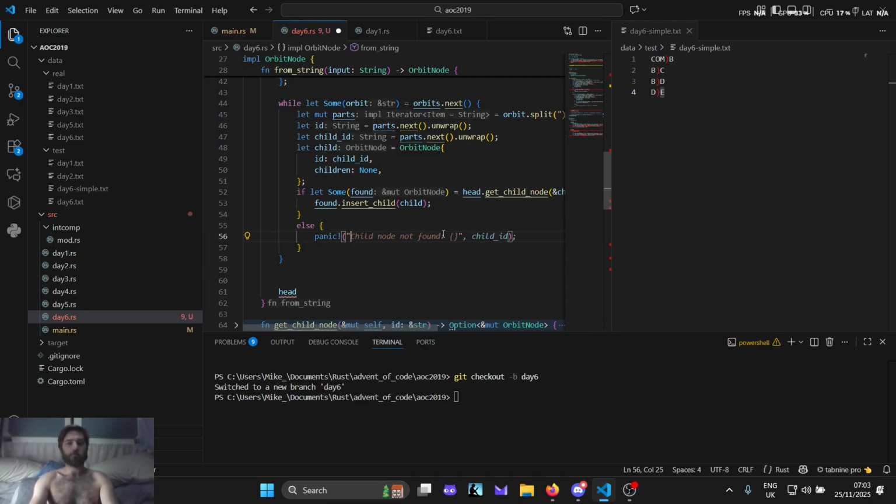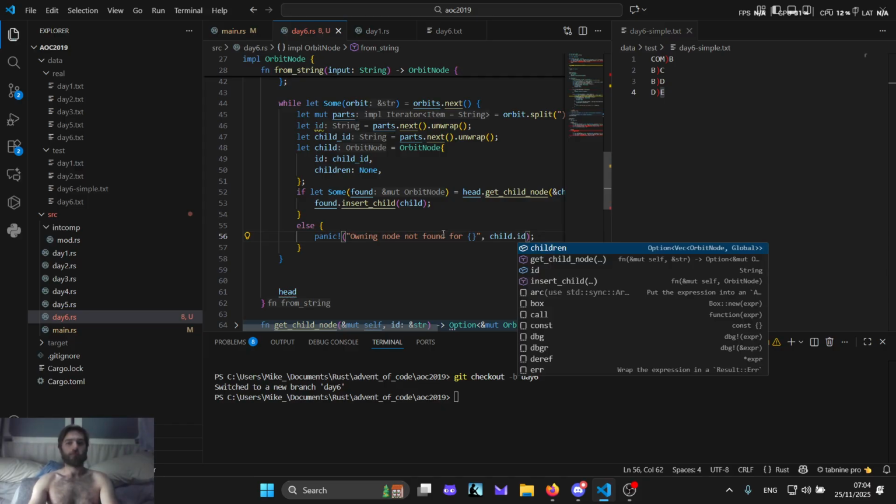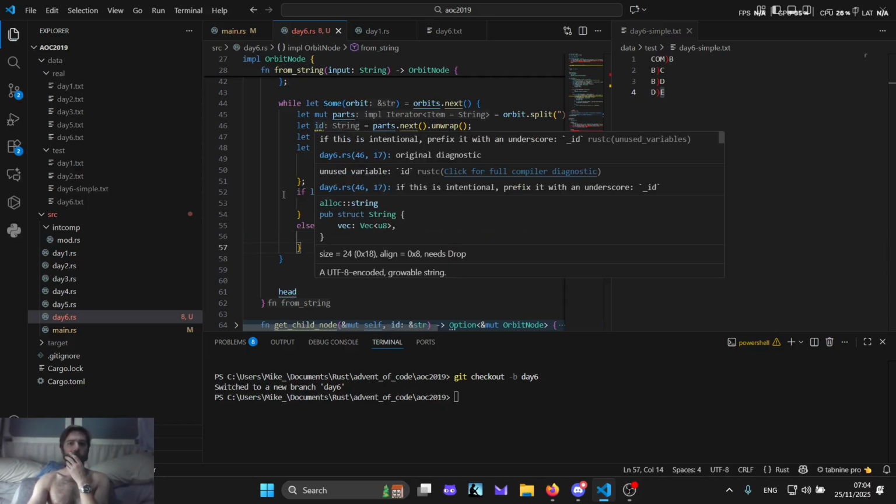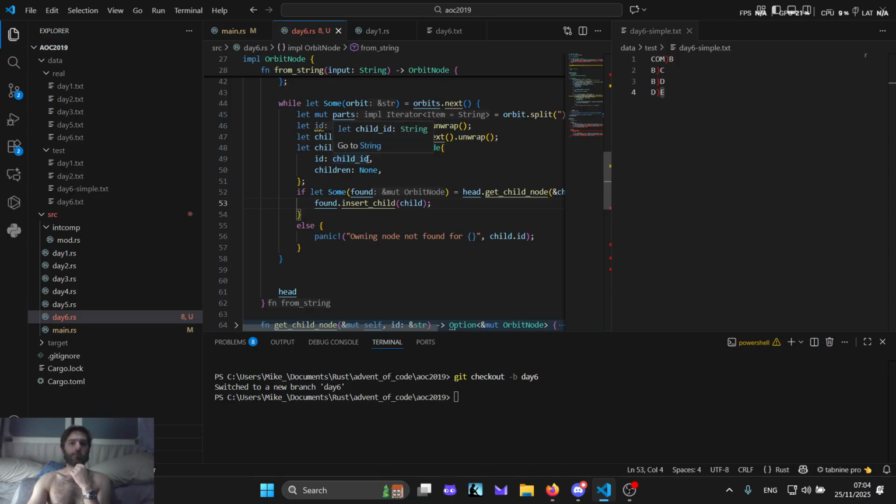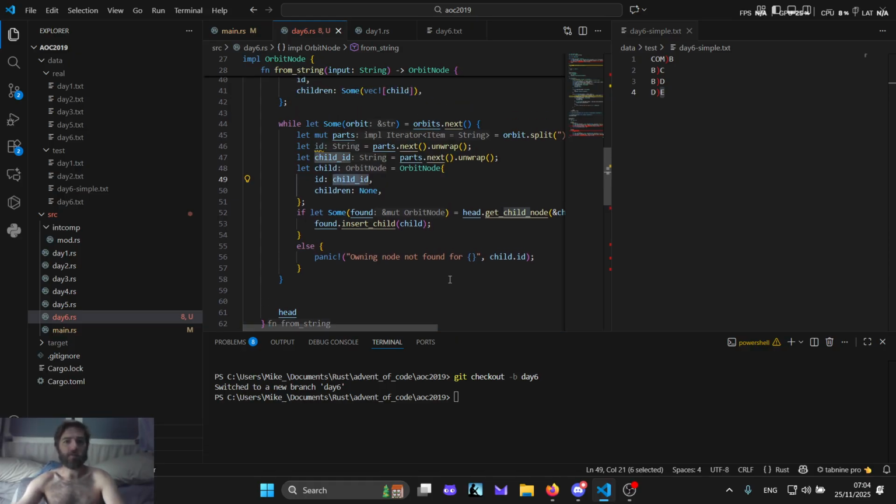Panic. Oh, stupid keyboard. Owning node not found for child.id. Yeah, you are just I. Oh, hello, I messed this up a little bit. So,